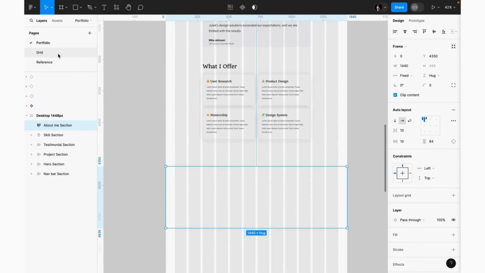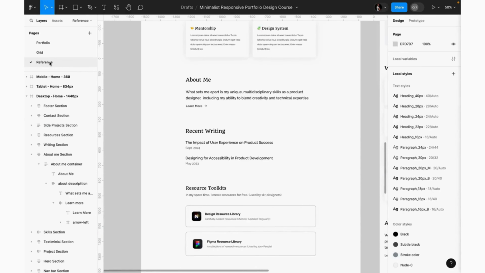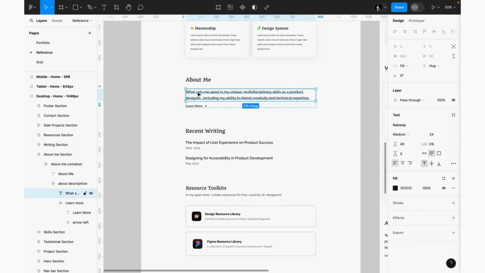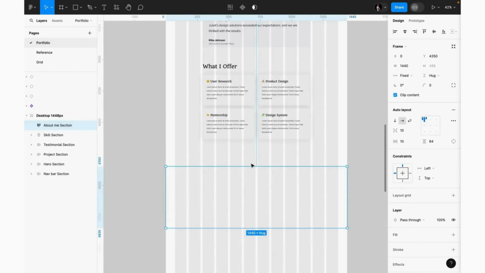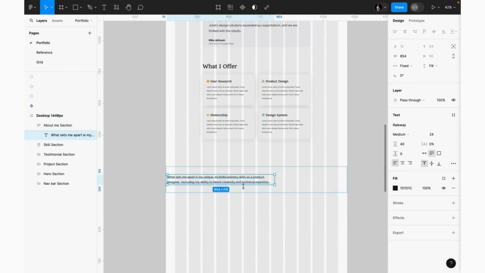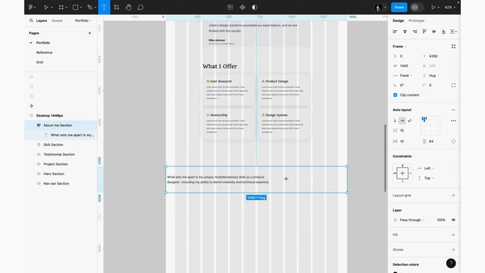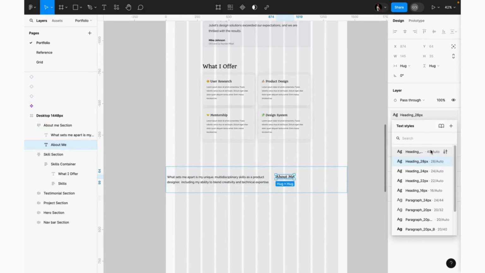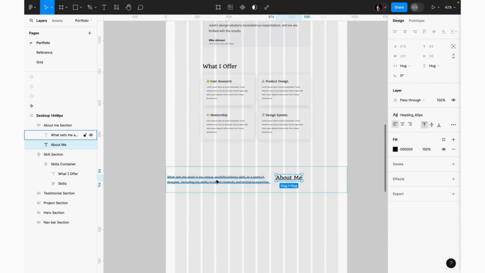Okay, next we're going to get our text. Let me move this to the top. So let's get this text, select it directly and then copy it. Okay. Now I'm going to paste it here, Control V. And one more thing, I'm going to add the About Me. So I'll say About Me. Then I'll give this heading a size of 40. Now I'll copy both